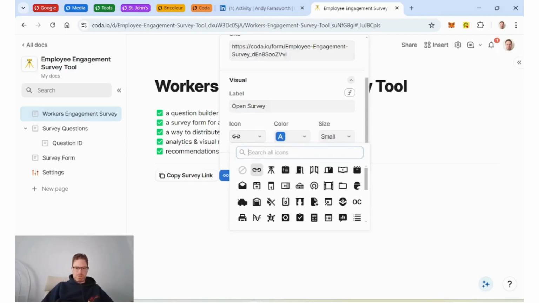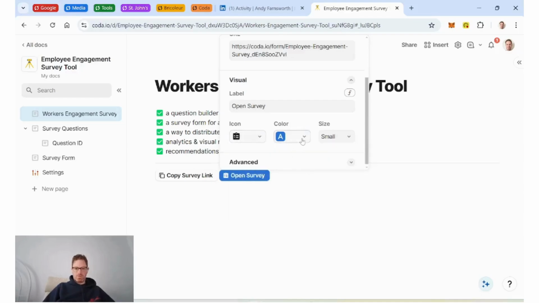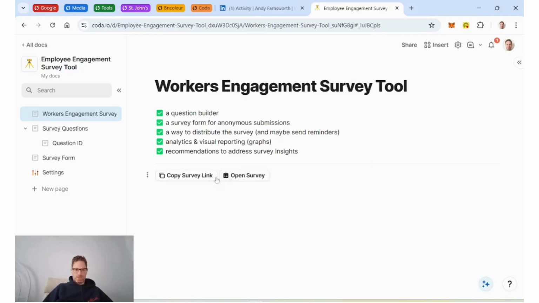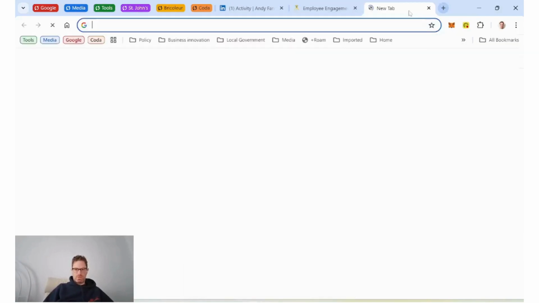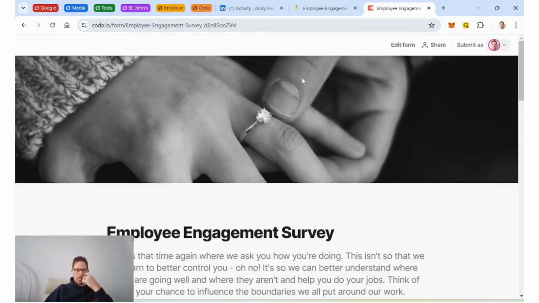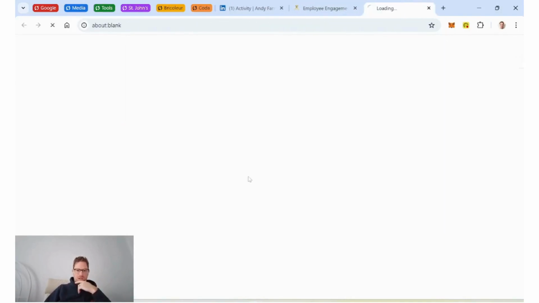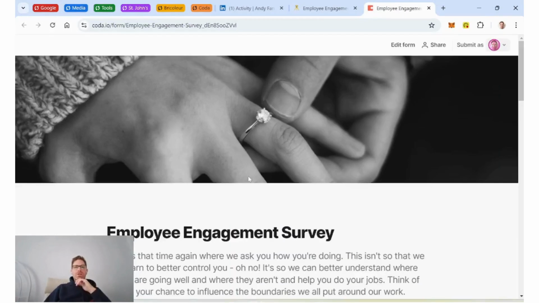Okay, so copy the survey link. Now if I paste that into a new tab, right, great. So I can do that wherever I want. Or if I just want to paste the button in somewhere, in an existing doc, then I can do that. So here is one thing that you really have to be careful for,